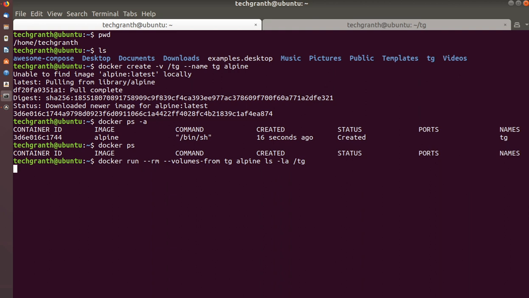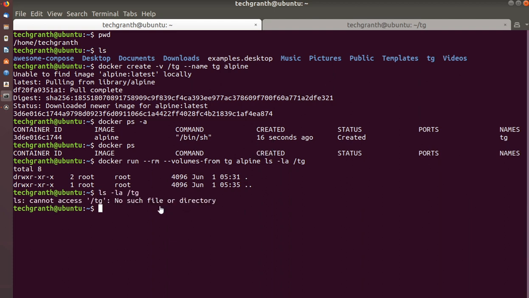If I press enter, you can see it is showing /tg, and within that it is showing the directories or files that are available right now. So if I check on the Docker host, if I run ls -la /tg here, there is nothing.